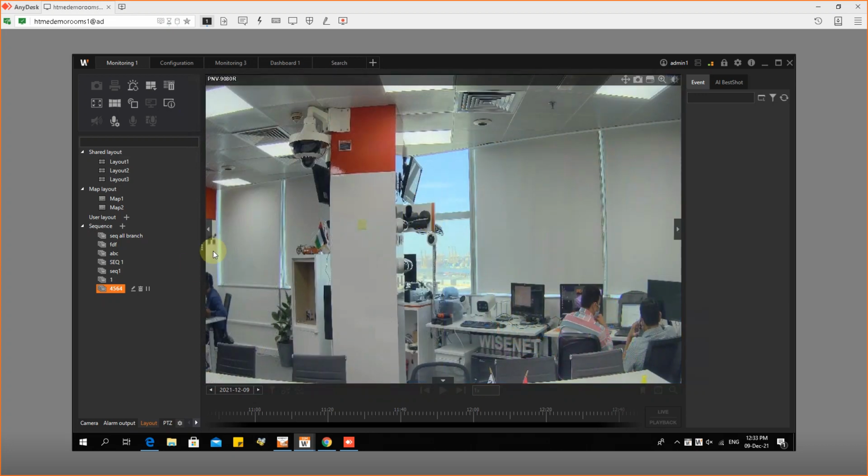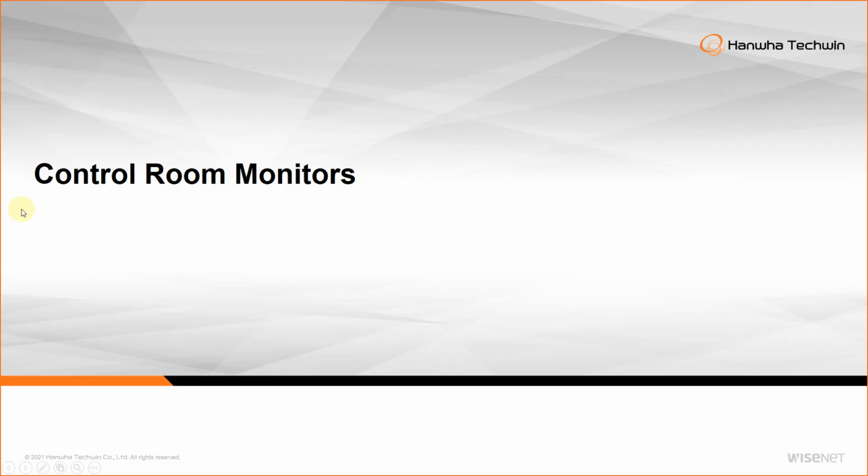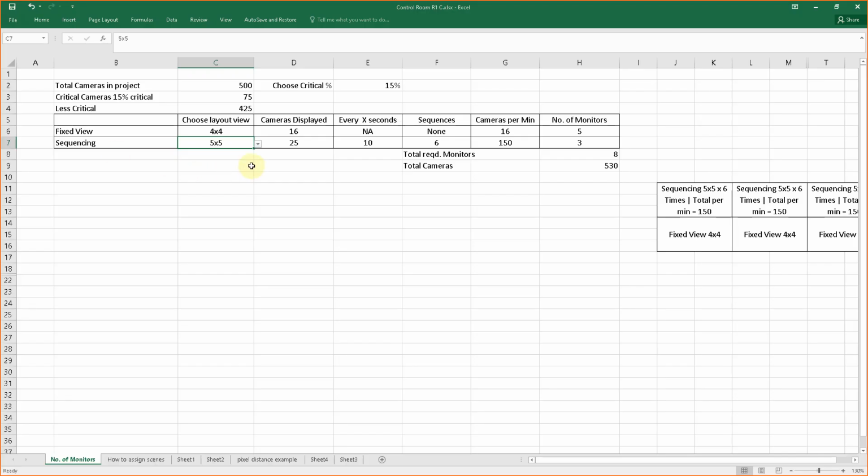So when you have lots of staircases, you can probably put all of them as one group. All the staircases, all the back door, back lobby areas, anywhere you already have access control for the person to come inside. It's a little bit more secure and things like that. Then you can keep it under your less critical areas. Okay, so I am doing a sequence of 5 by 5.